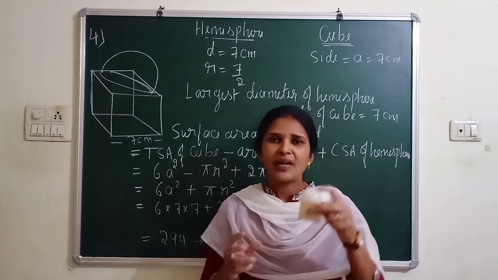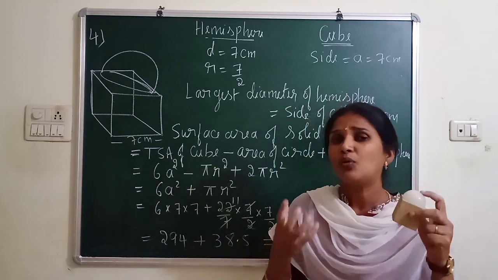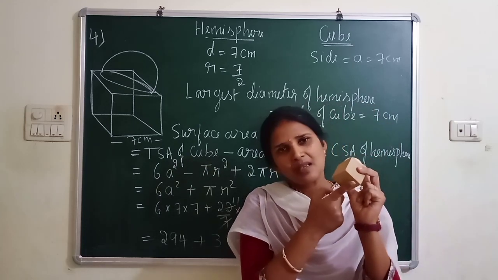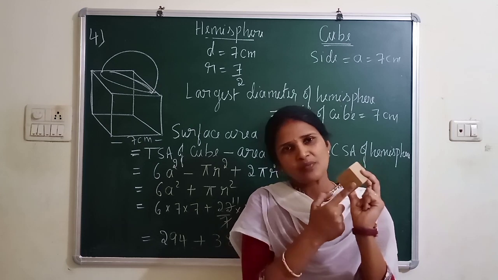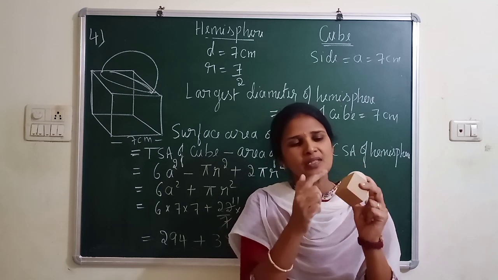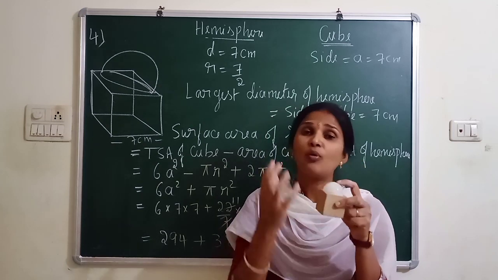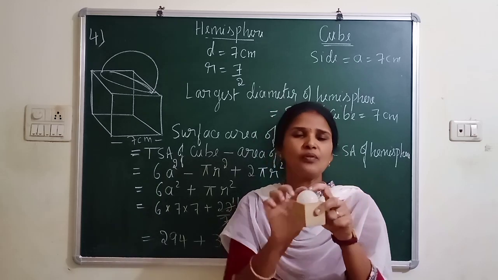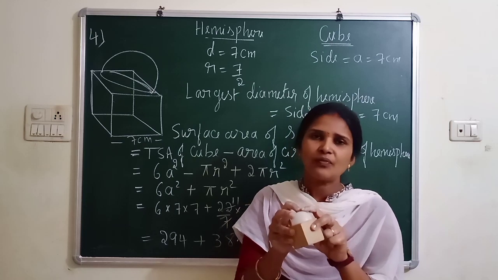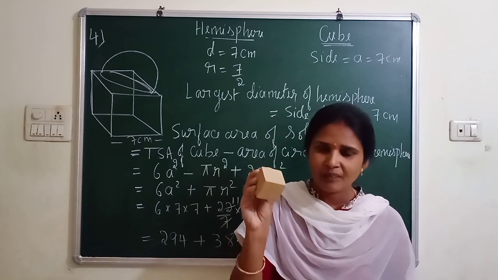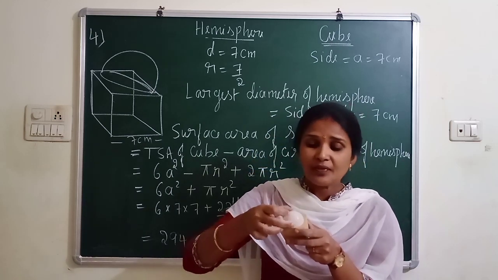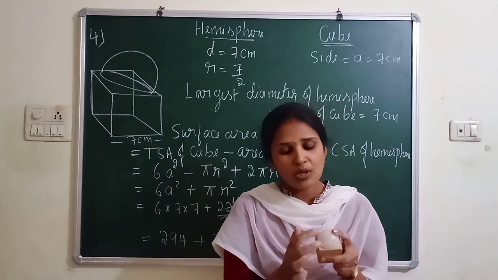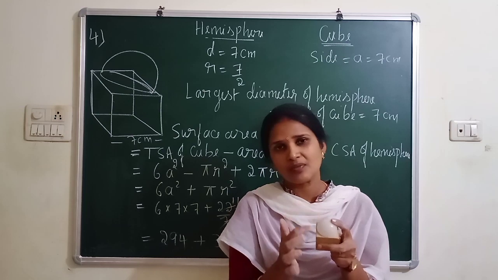Now I should find the area. Just now I told how to find area: whichever part you can see. This is one face of this cube, this is another face, another, another. So how many faces can you see? 1, 2, 3, 4, 5. Five faces of the cube you can see very clearly, but the 6th face is incomplete. You cannot see the 6th face; you can only see its corners.